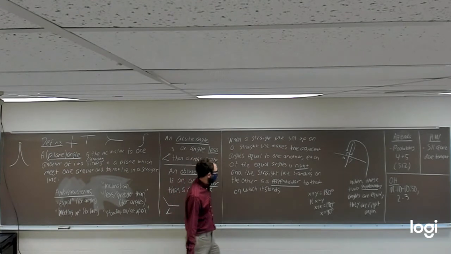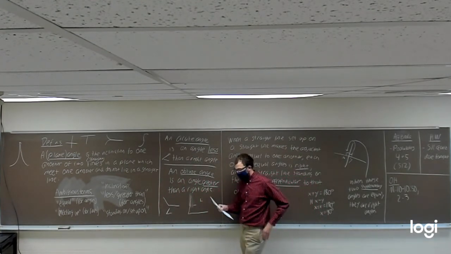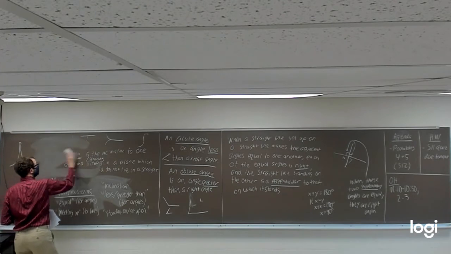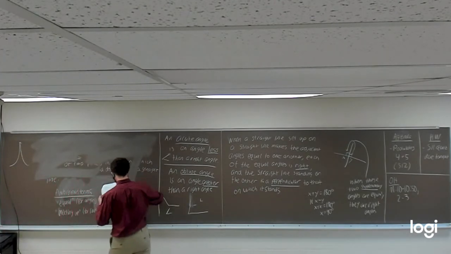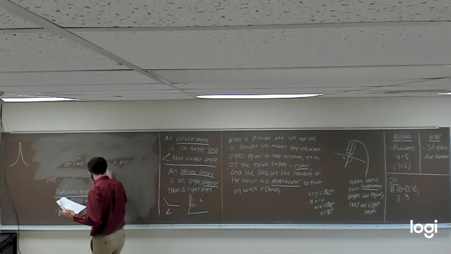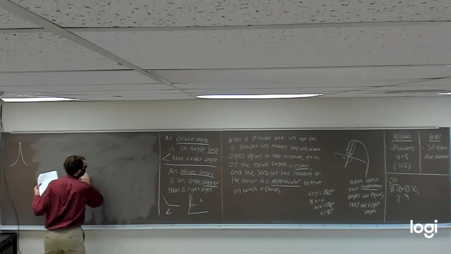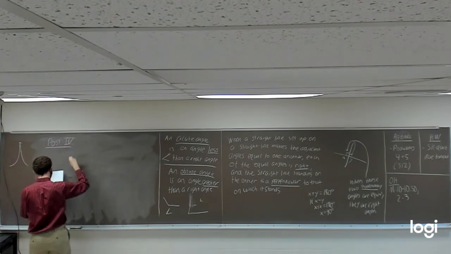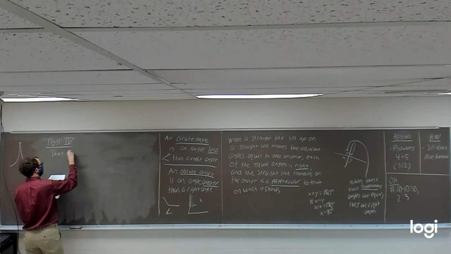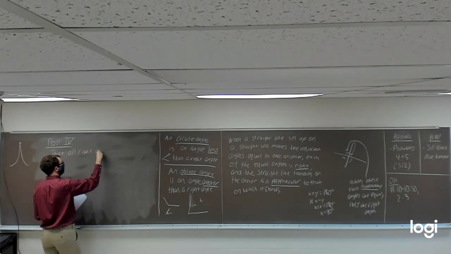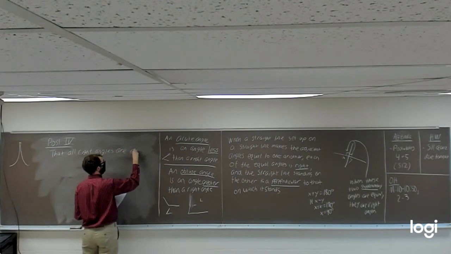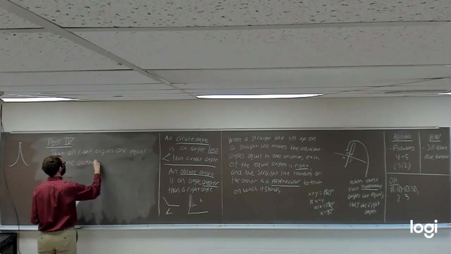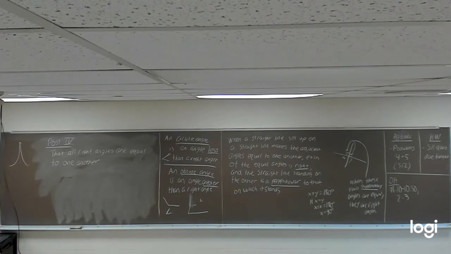Okay, we are ready for the fourth postulate. Euclid's fourth postulate, simply put, just says that all right angles are equal to one another. So in other words,